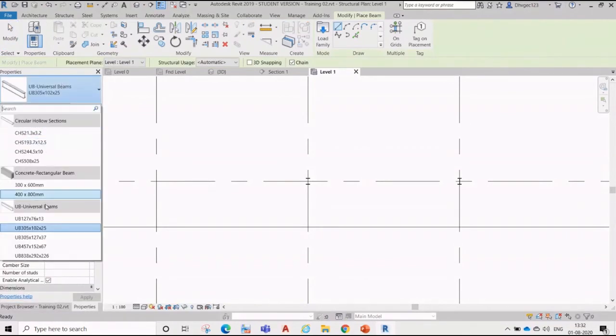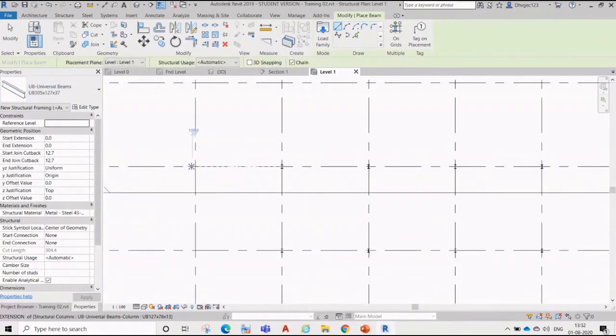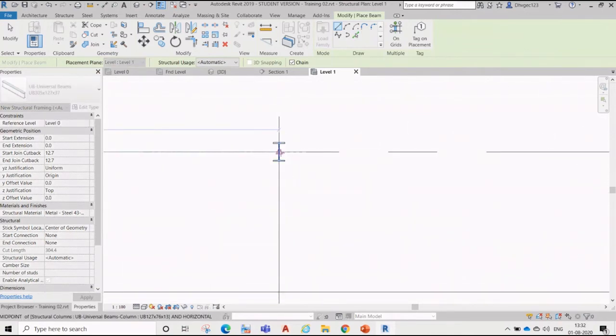Go to property, what beams you need, let's suppose 300, any type, whatever you want. Then again on grid or by selection. First we'll do it manually.